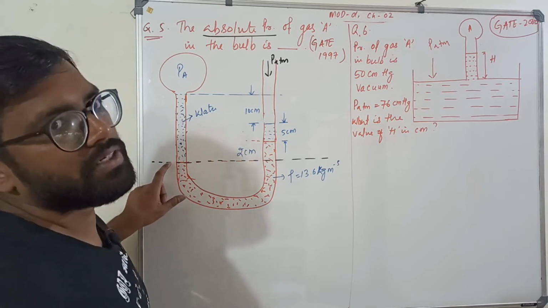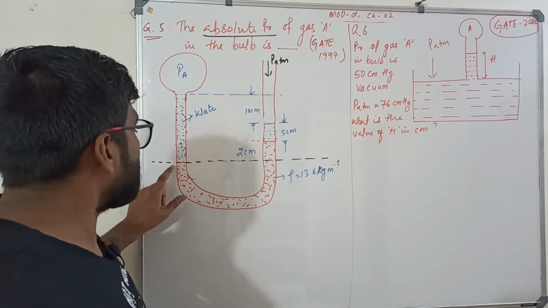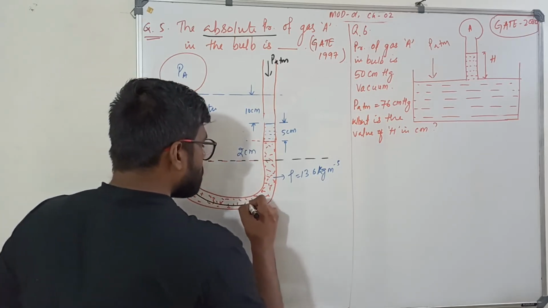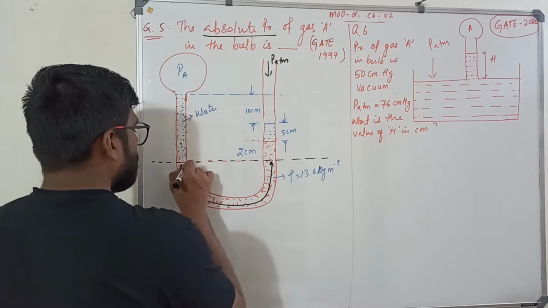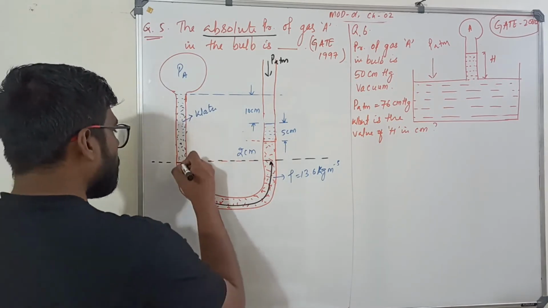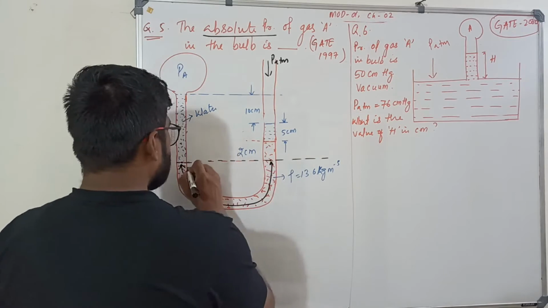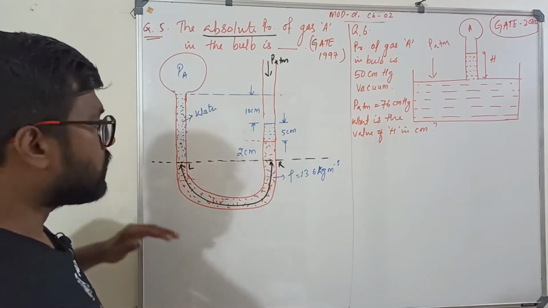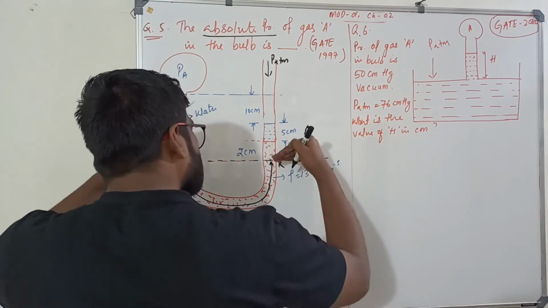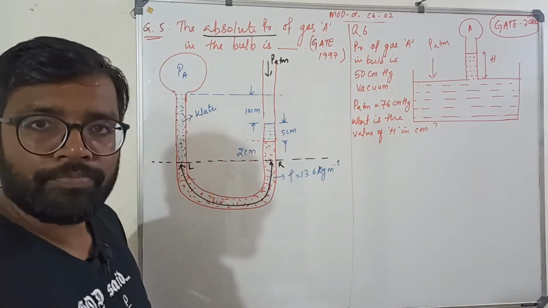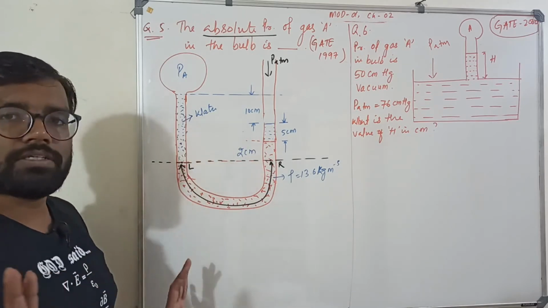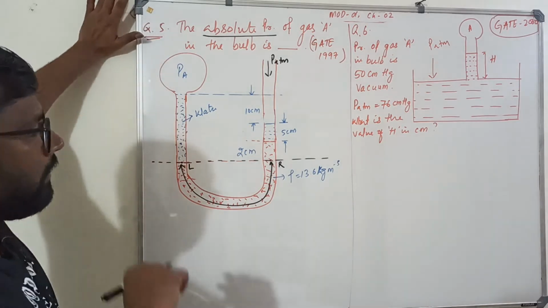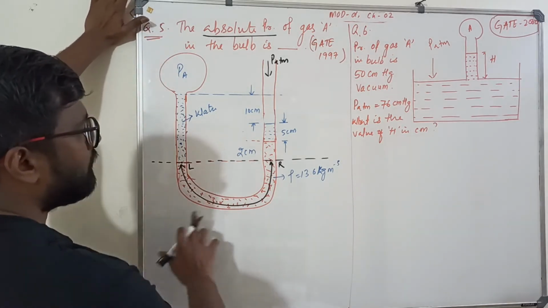So why are you taking the reference line here, sir? The purpose of taking the reference line here is that this is the same mass of continuous homogeneous fluid. As per Pascal's law, the pressure at this point of the left limb and the pressure at this point of the right limb are going to be the same. Hence the bulk of the liquid below cancels out. So that's why we took the reference line here. In previous numericals, I didn't mention that. Now, pressure at left limb equals pressure at right limb.